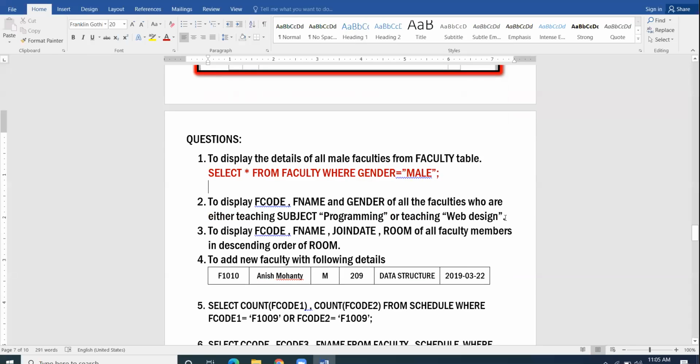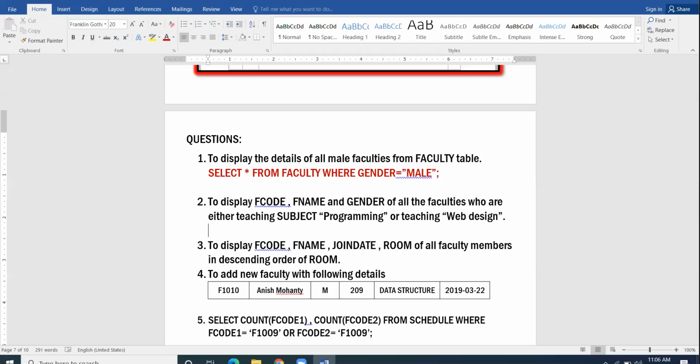Next, to display F code, F name, gender of all the faculties who are teaching subject programming or teaching web design. You are to specify the F code, the F name, and the gender of those faculty members who are either teaching programming or teaching web designing. I mean to say their subject is either of the two. So the command will be